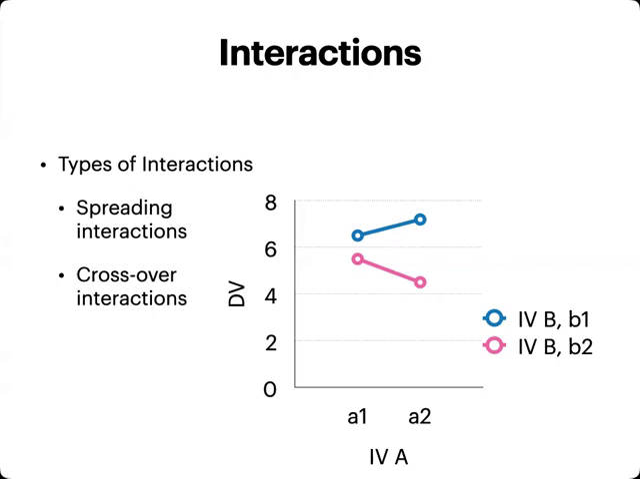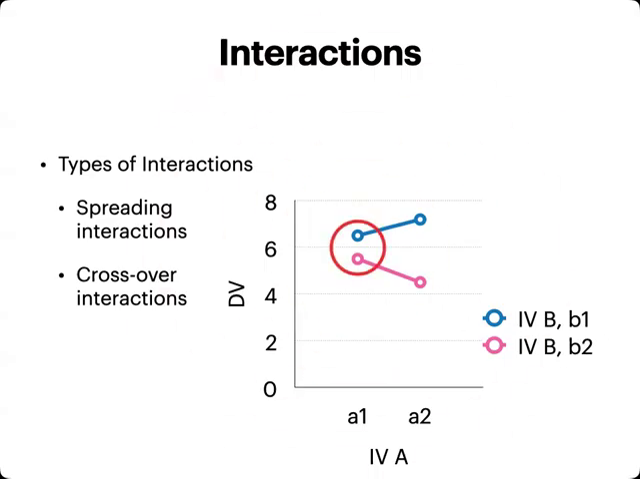The one is called spreading interactions, which you already discussed. And the graph on this slide also depicts spreading interactions. In this graph, the independent variable B has an effect at level 2 of the independent variable A. That is, there is a difference in the height of the blue and pink bars on the right side of the graph, but no effect at level 1 of the independent variable A. That is, there is little difference in the height of the blue and the pink bars on the left side of the graph. Notice there is a gap here